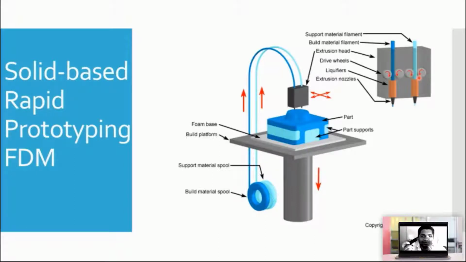So I've got two types of filament. Number one is the support filament, which will support this key, and number two is the one which is going to create the actual model. So I've got two filaments on my nozzle head: a support material and the build material. The build material can be any type of plastic, polymer, resin, etc. You can see that this is a solid filament going inside the head, so this is a solid-based rapid prototyping process.